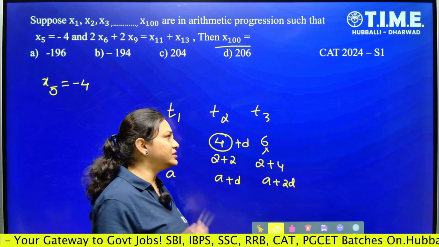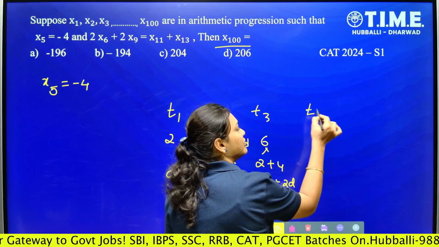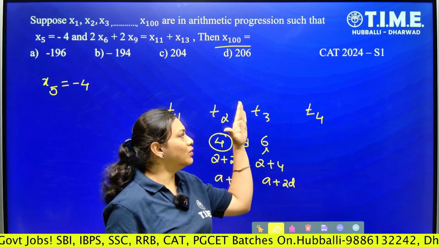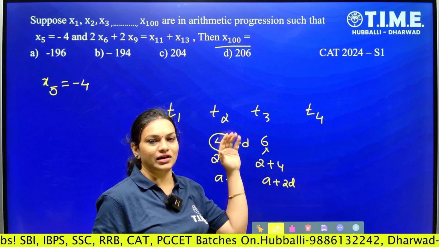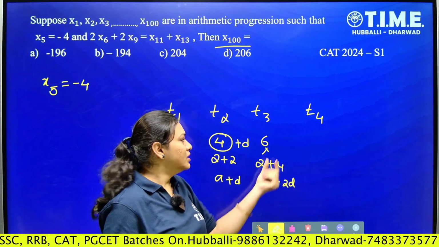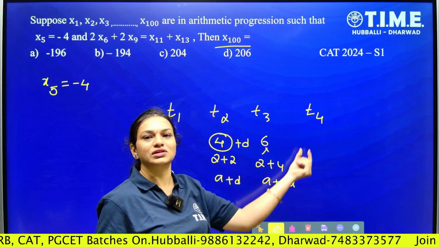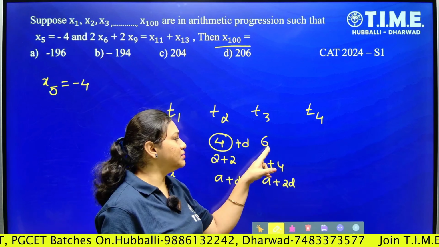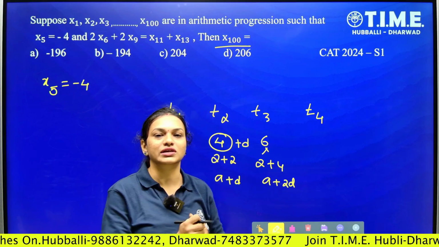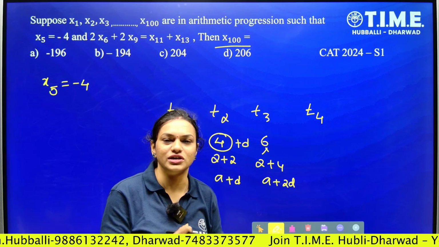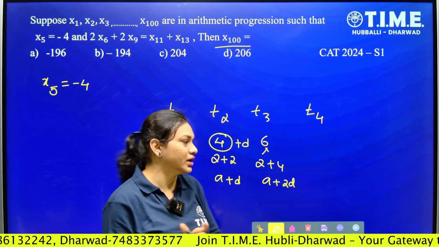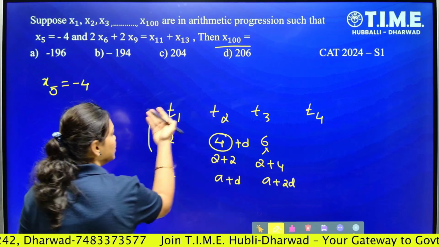So 4 plus 2 is 6. Now in the same way, if I want to find the fourth term, I know only the third term, which is 6, and the common difference is given as 2. Can we find the fourth term? Yes, of course. 6 plus d will give us the fourth term, which is 6 plus 2, that is 8, right? So remember one thing: in arithmetic progression, to get the next term, we add the common difference. Based on this rule,